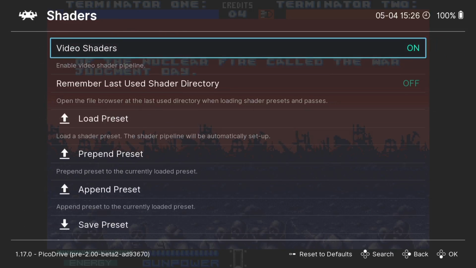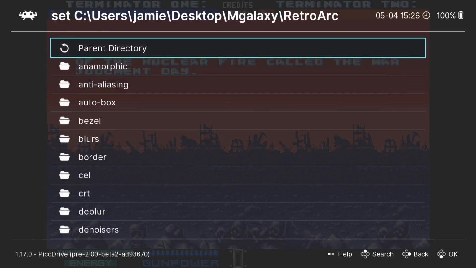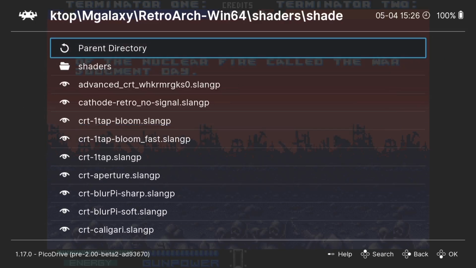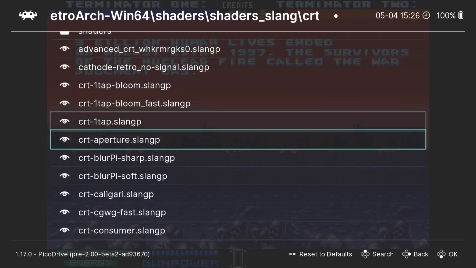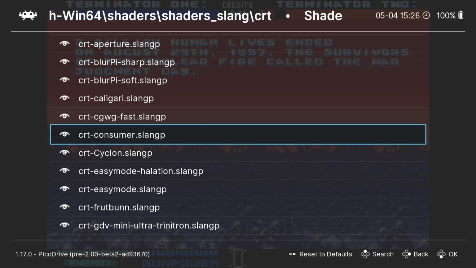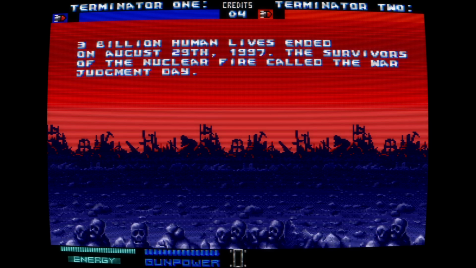If I go back down to shaders again, and back down to load preset, I'm going to use shader slang, and from here, I'm going to just drop down to CRT. And we've got loads to play with just here. So let's just put some on at random. We've got CRT consumer. If I enable this and go to play the game,